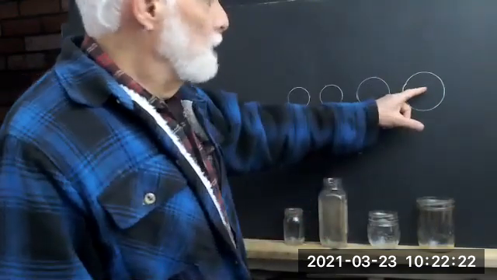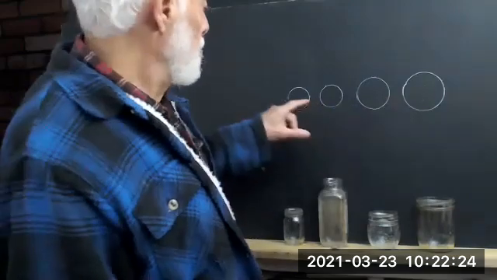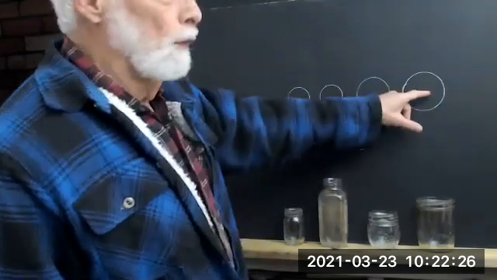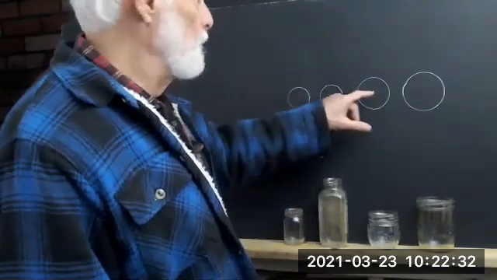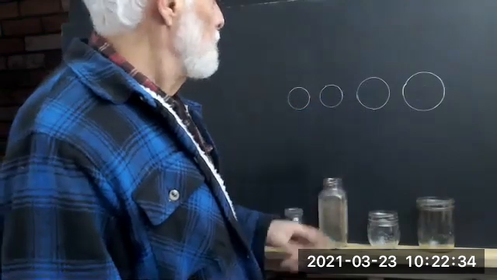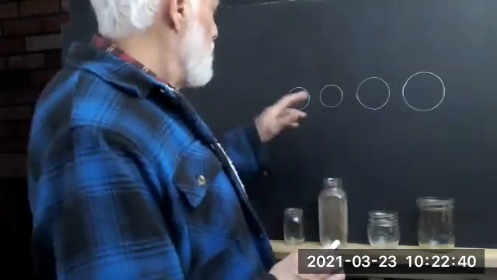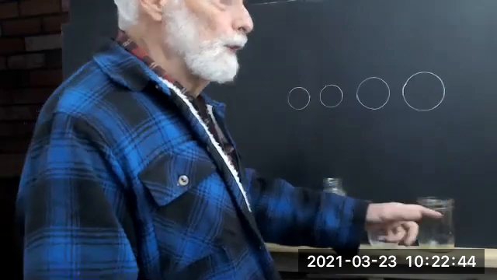Well, if this one has 3 times the area of this one, it should hold 3 times as much water. Okay. If this one has twice the area of this one, it should hold twice as much water. Well, I've got the weights and everything. So there are things that we can do to understand how collecting rain in these jars gives us information about